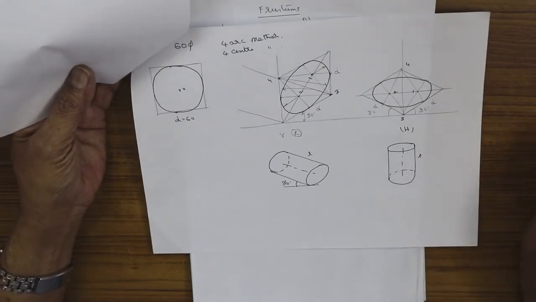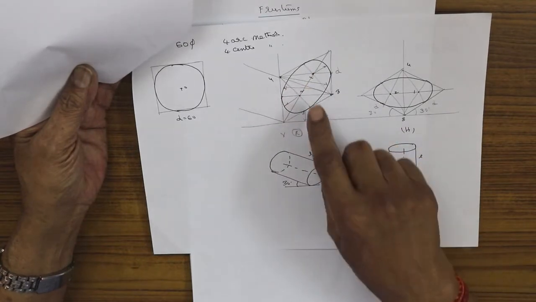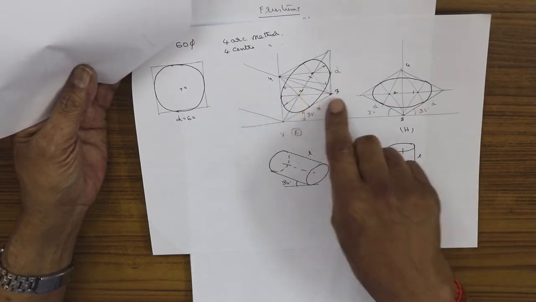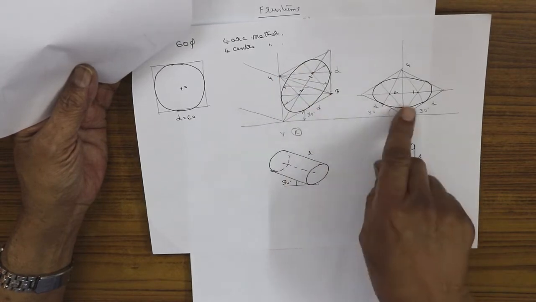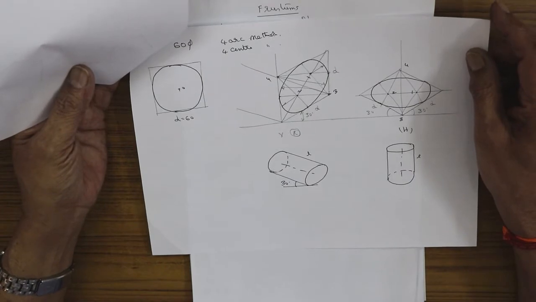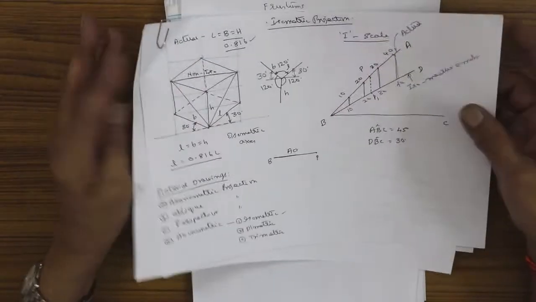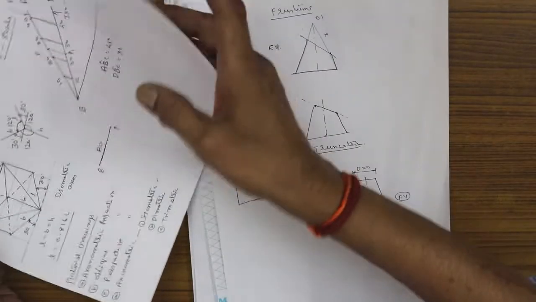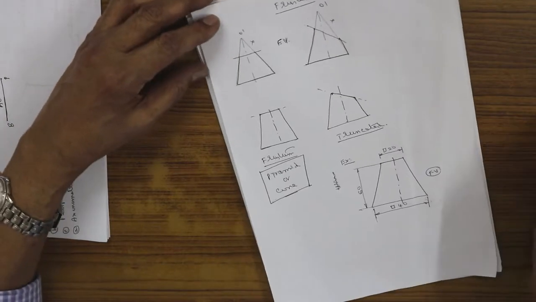You should practice how to draw the ellipse by the 4-arc method. It requires good concentration and a good procedure: locating the center, drawing to the opposite midpoints, locating the centers, and drawing the ellipse. You should practice it well so that you feel comfortable whenever the ellipse comes into the picture. With this previous introduction, which I had already discussed with you, I'll proceed to one more principle here.